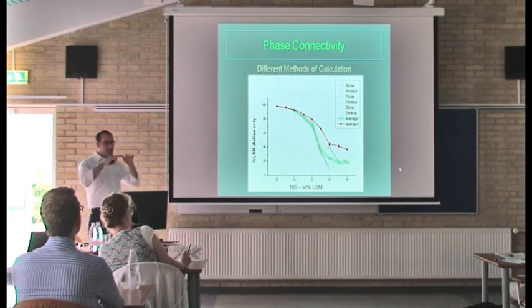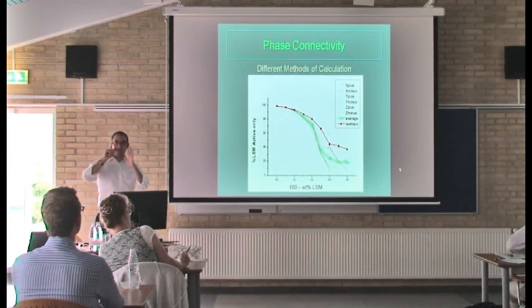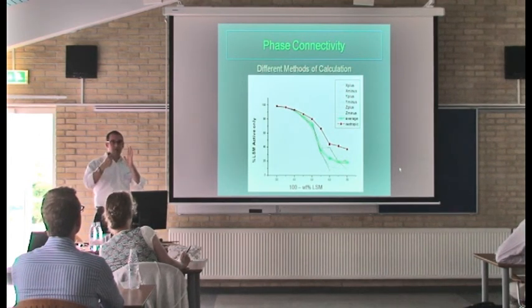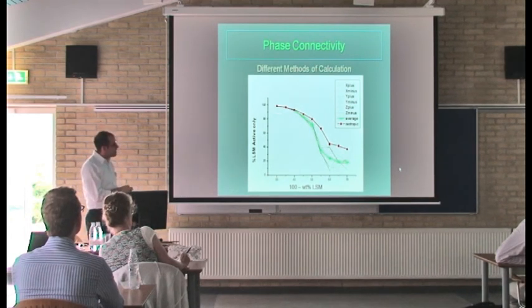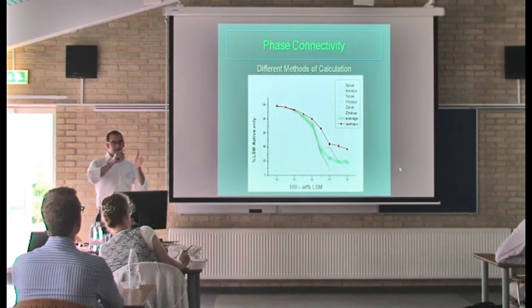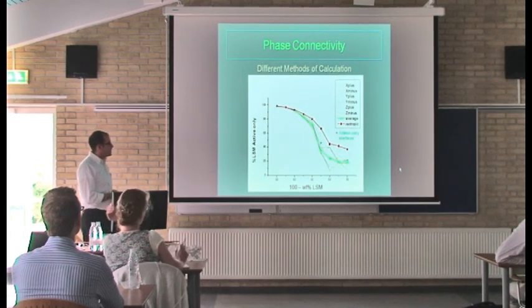Isotropic means it connects between any 2 faces of your volume. This X plus minus, Y plus minus is doing the directional connectivity in each of the 6 directions on a cropped structure, so you don't have the interfaces there. The average is the average of those 6. You could also do connectivity where it has to be connected between any 2 opposite faces. And then also what I just showed